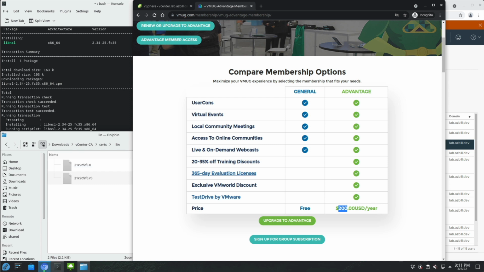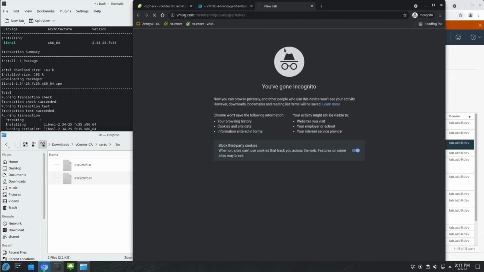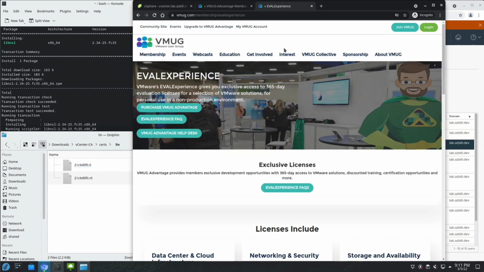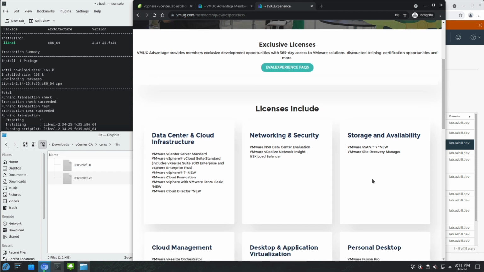Let's take a look at what exactly they give you. So let me go ahead and paste that into a new window here. Yeah, here we go. So the licenses included: storage and availability. You've got your vSAN and Site Recovery Manager.